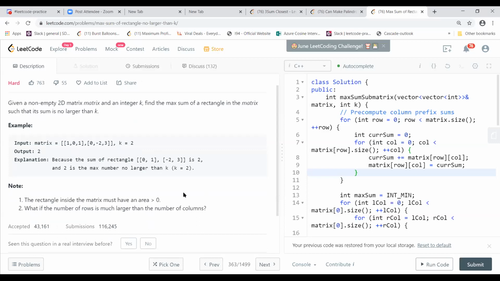And the constraints say the rectangle inside the matrix must have an area greater than 0. And if the number of rows is much larger than the number of columns, then, so these are the questions. If we don't have a square matrix, that is what he means to say. So how do we handle that?